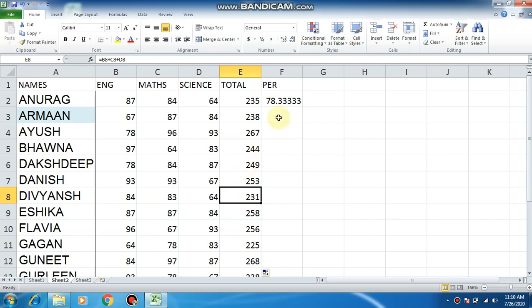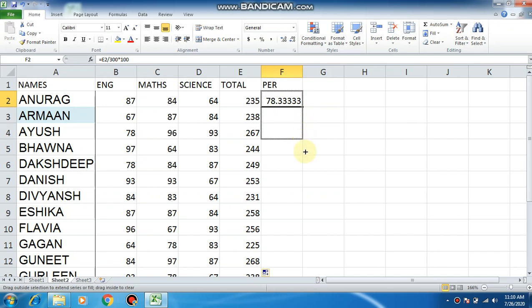Here as well, percentage. For percentage, the formula is E2, this is the cell E2 divided by 300 multiplied by 100. So I can use any operator. I can use plus, minus, multiplication, division for whatever I want to calculate. So here I again go to the bottom right corner of the cell and drag this handle.